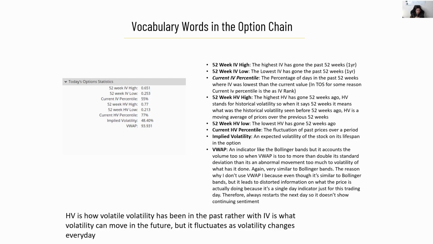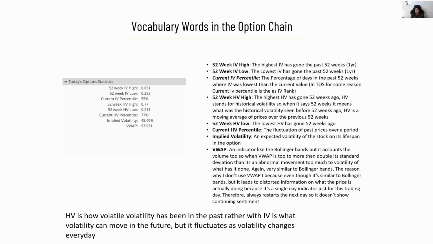But the reason why I don't use VWAP is because even though it's similar to Bollinger Bands, it leads to distorted information about what the price is actually doing, because the problem with VWAP is that it's a single day indicator. It's only tradable as an indicator for today, and it restarts the next day. So it doesn't show a continued sentiment, which I don't like. So I'd rather use a Bollinger Band than a VWAP. And again, it depends on what type of trading style you're doing. For me, I do swing trading and day trading, but I don't do intraday trading. So that's why I don't use VWAP, because it's just a single day indicator. Now,